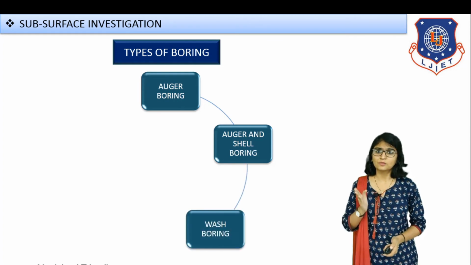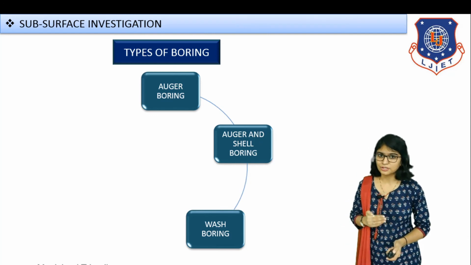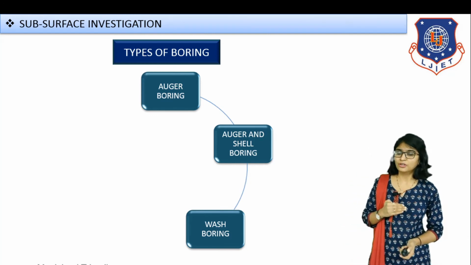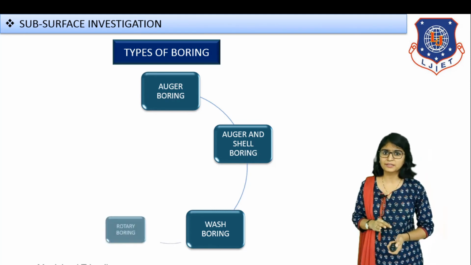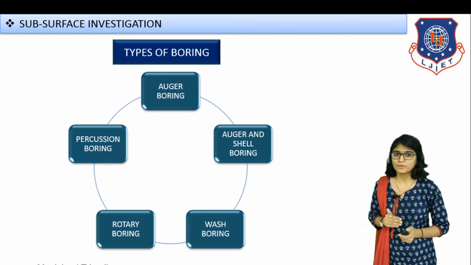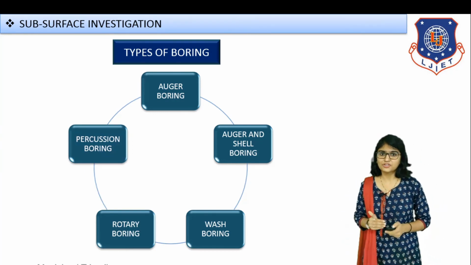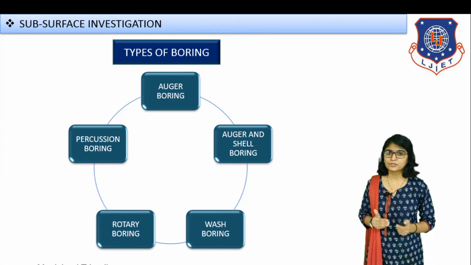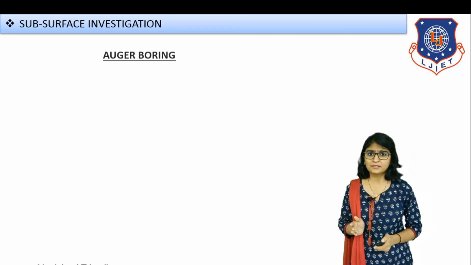Next is your wash boring, which you have generally seen when you are pumping out water from the soil, for your household purpose as well. There will be certain variations we shall discuss. Next is rotary and percussion boring. We have 5 different types of boring: auger, auger and shell boring, wash boring, rotary boring and percussion boring. Okay, so let us discuss the first one,